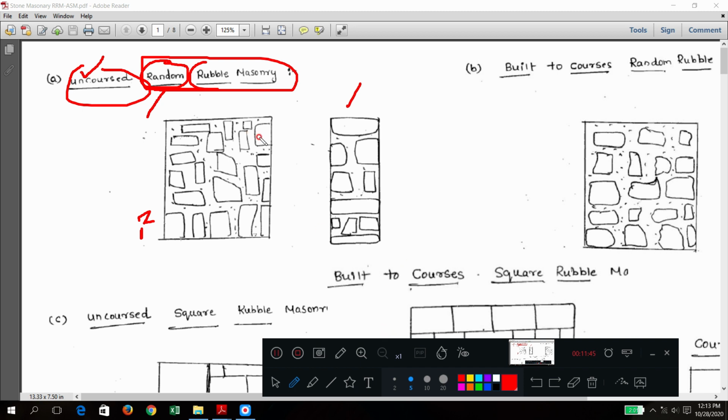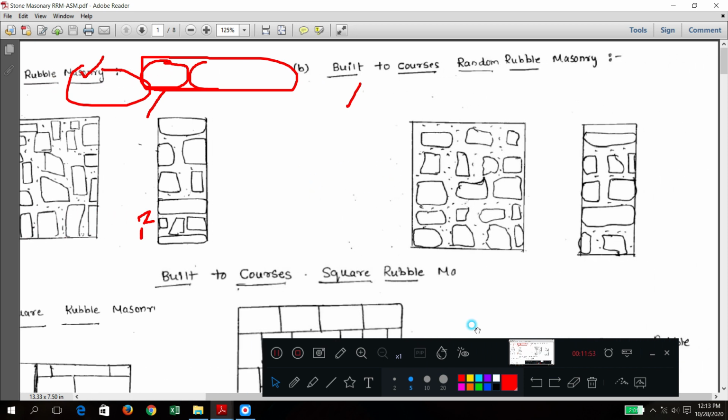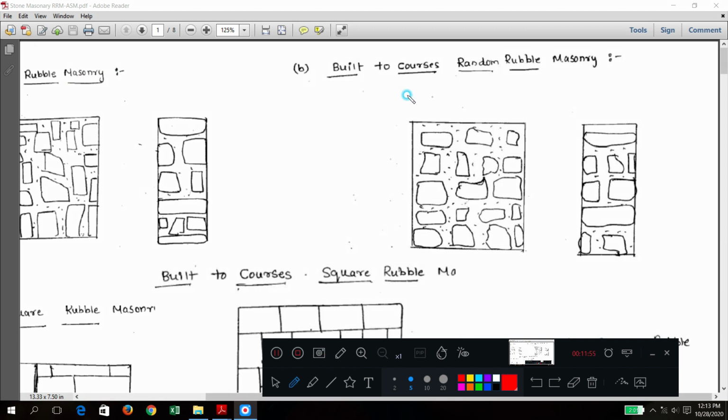Now come to this diagram. What you can see here, the second category is built-to-courses. First is uncoursed, second is built-to-course. What does it mean? In rubble only, using the available stones, if you construct a wall which has more or less courses, in a broader picture it appears as one course.